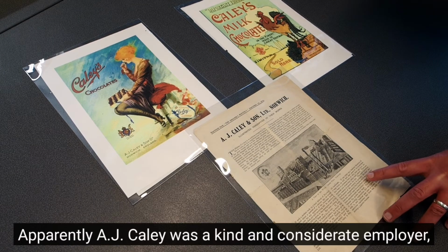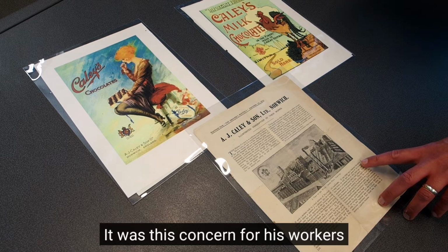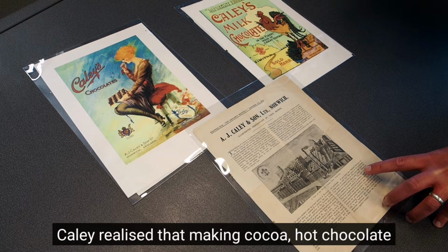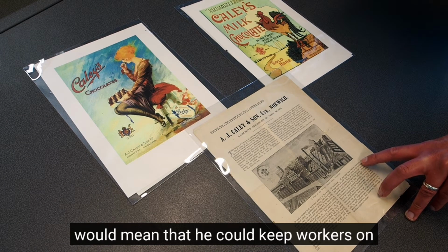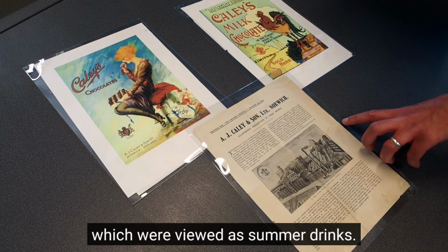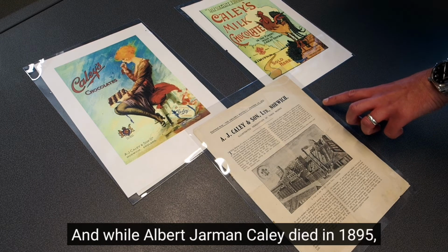Apparently, A.J. Cayley was a kind and considerate employer and prioritised the welfare of his employees. It was this concern for his workers which prompted the firm's decision to begin making chocolate. This was in 1883. Cayley realised that making cocoa, hot chocolate, would mean that he could keep workers on through the winter months who would otherwise be laid off due to reduced demand for the mineral waters, which were viewed as summer drinks. 3 years later, in 1886, Cayley's began making chocolate to eat,